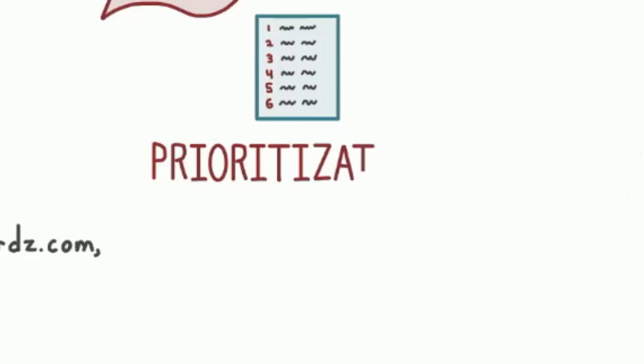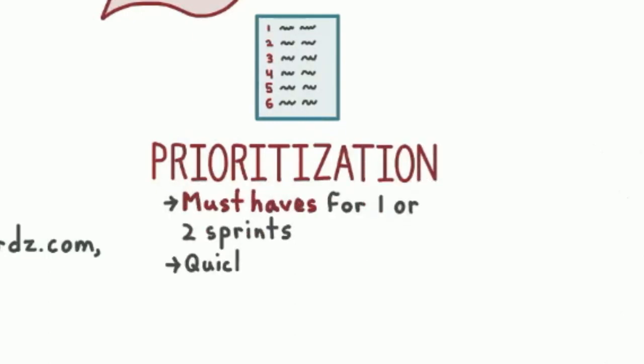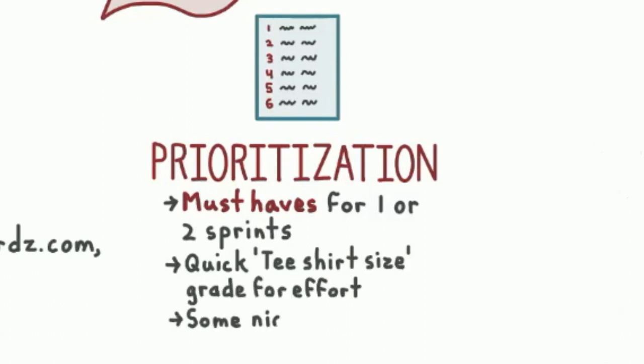After brainstorming, we need to limit the amount of features that we focus on. We do this by making the must-have features a priority for the next 2 to 3 sprints. Initial estimates in the form of t-shirt sizes like small, medium, and large are useful here in order to fit the features into this sprint window. Also, when prioritizing, it is good to include some housekeeping tasks, such as paying down technical debt.